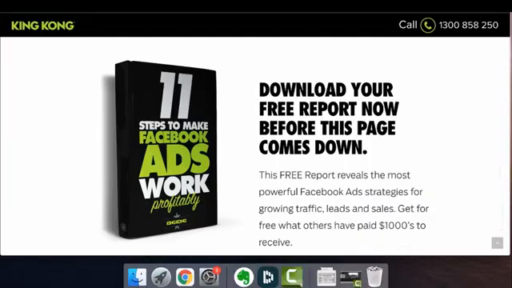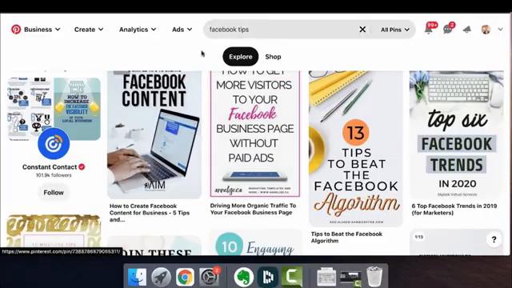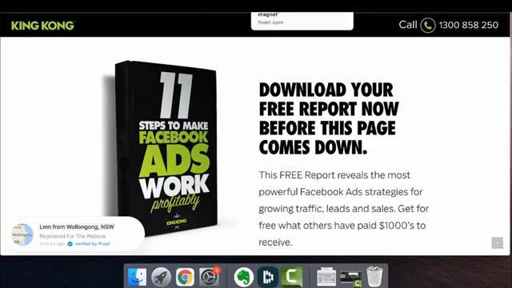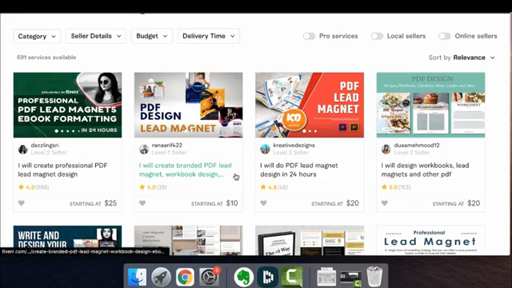The fact that these people are using these bribes or these lead magnets or these things to get your email address, odds are it's because it's already working. Why reinvent the wheel when you could model what's already working? Like I said, you could go find a bunch of things to model off of from Pinterest to get ideas for your cheat sheet that you're going to give for the email address. And then you could literally go to Fiverr and they could create it and make it more beautiful for you